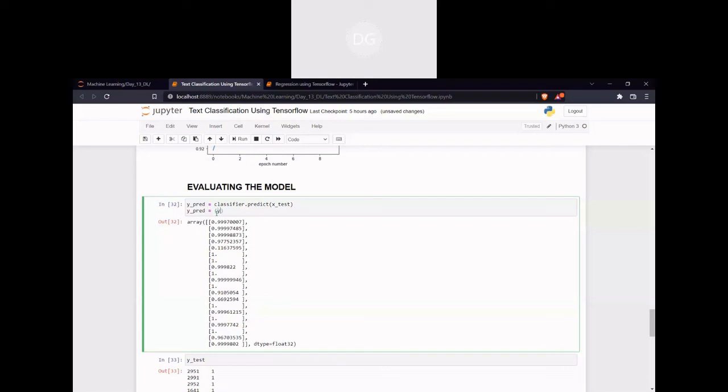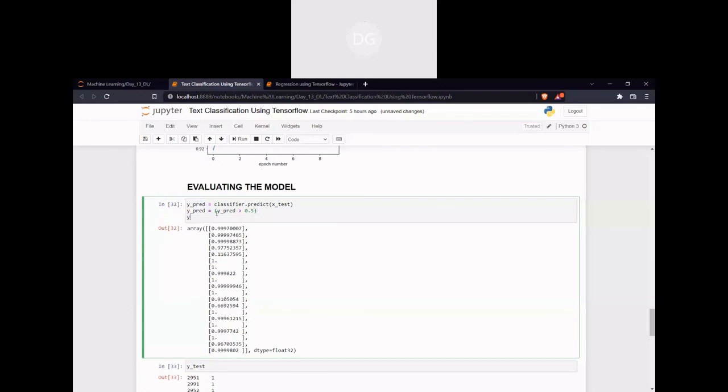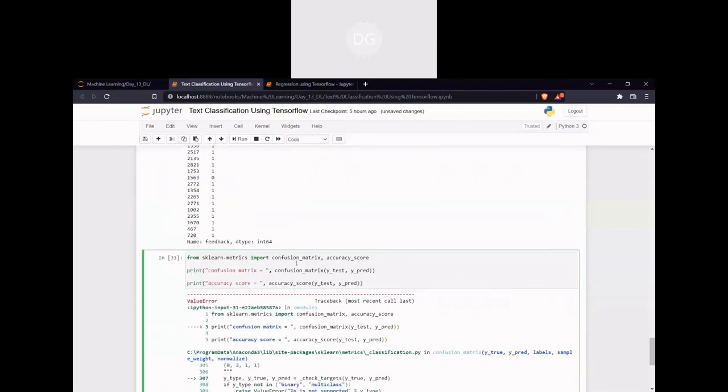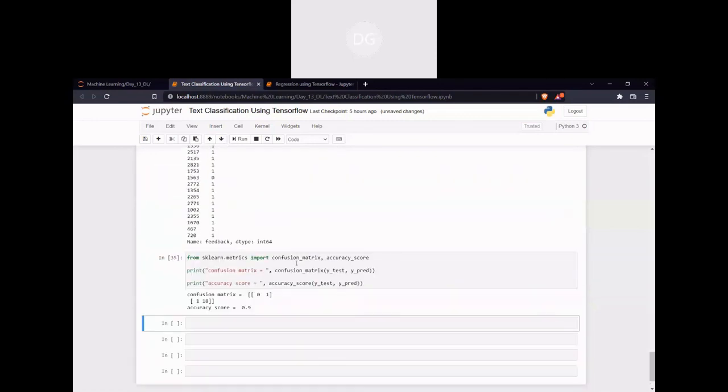Okay, just y predict greater than 0.5. Now if I check my y predict, see, it has converted into true false. So it can easily be compared, right? True means 1, false means 0, we know. And the output is also in 1 0 format. So now I will run it and check. See, now I didn't get any error and I have solved it.